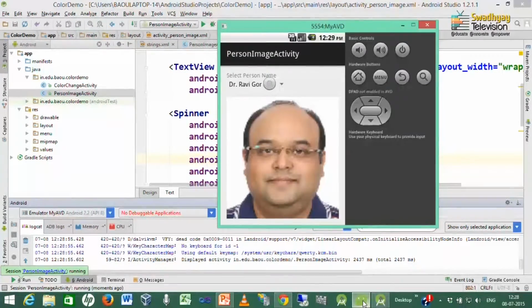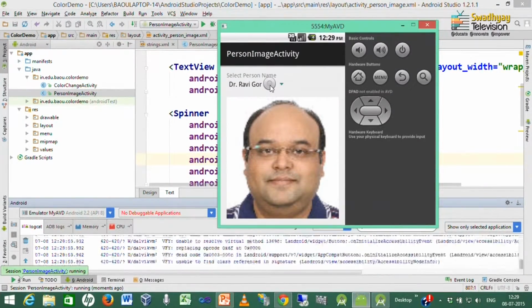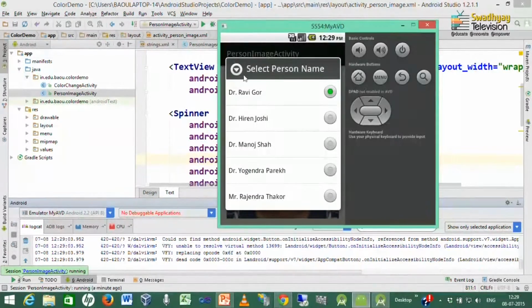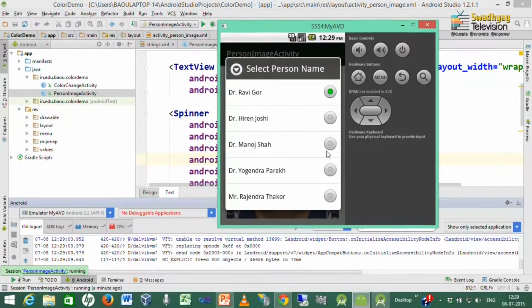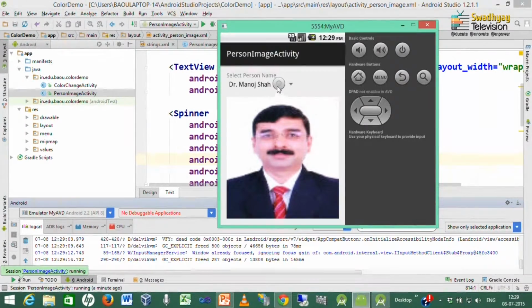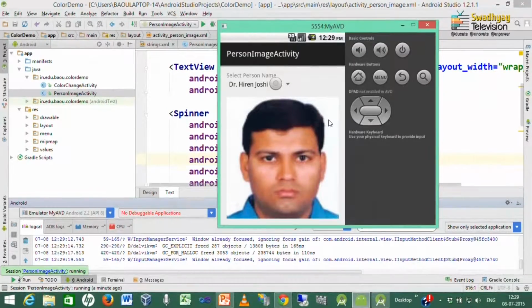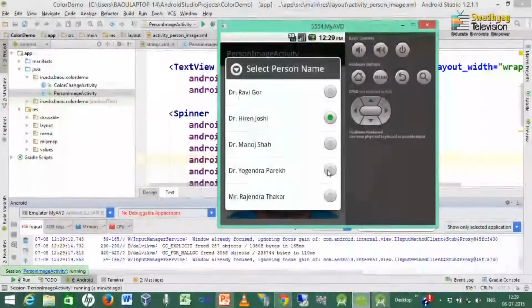So, here you can see that the first name and its image is displayed. Whenever I click on this, it will display the prompt and the list of names, and whenever I click on a particular person, it will display its image which is available in our drawable folder. So, this will display the image in the image view which is available in imageID.